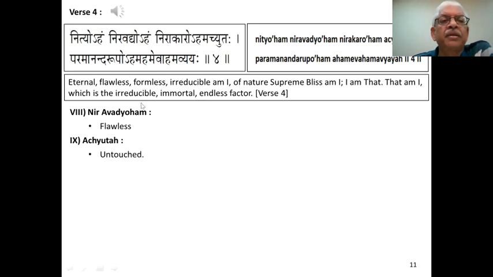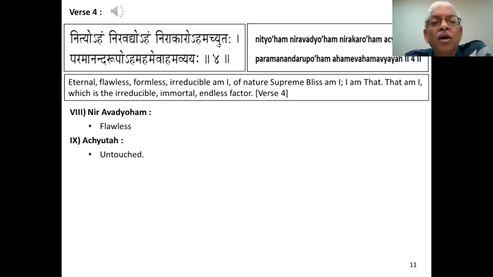Nityoham, niravadyoham, Nirakarohamachyudaha, Paramanandarupoham, Ahamevahamavyayah. The two new points, Nityo we have seen before,